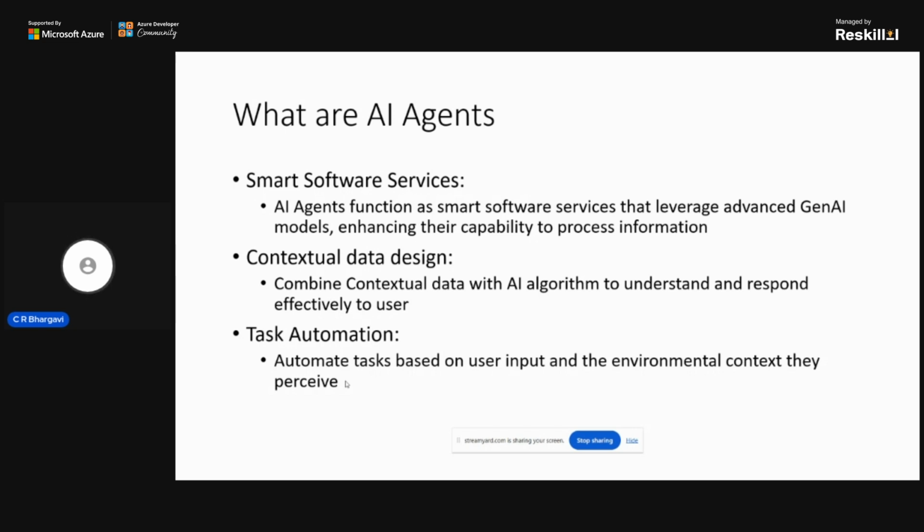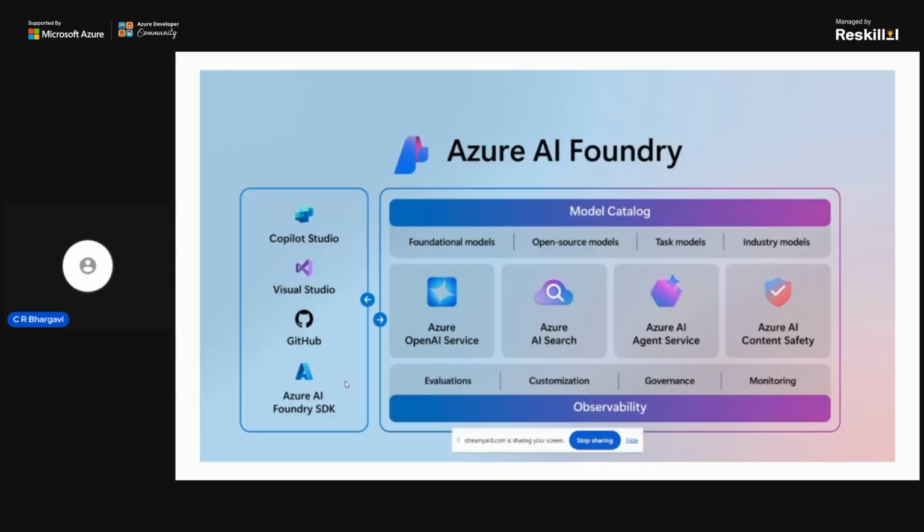Copilot is one such AI agent which can help you with the scaling of tasks and other things.